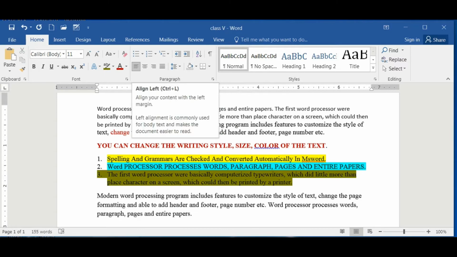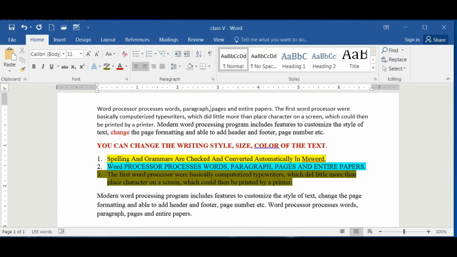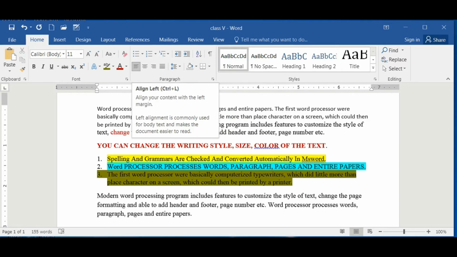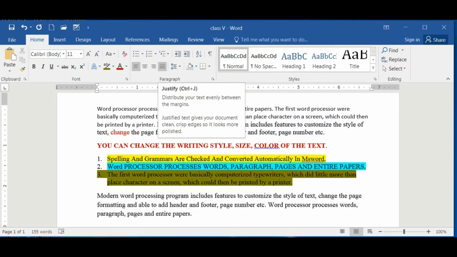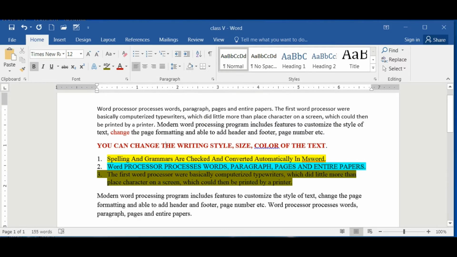Here you have 4 types of alignment. Of course you have always used or heard about left aligning, center aligning, and right aligning. But what is the fourth one? That is called justify, and we'll discuss it now. For that I am going to select the word or the paragraph, or you can select the entire document.